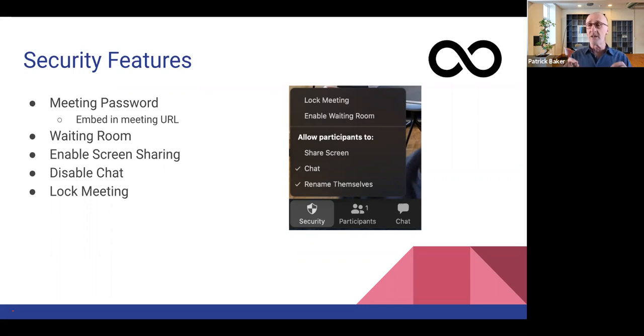You can still keep the waiting room enabled or turned on, but you can also specify that someone else on the call is your co-host. You can make someone a co-host, and by doing that, you essentially give them all of the rights or privileges that the host would have on the Zoom call, and that co-host could be the person who monitors the waiting room and admits people, while the main host proceeds with conducting the meeting or doing their presentation. So, at any rate,